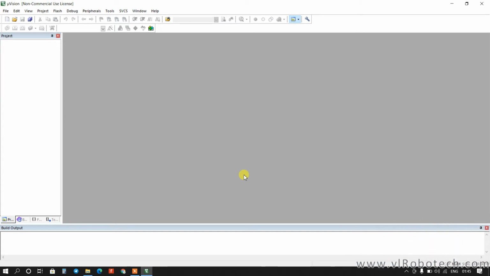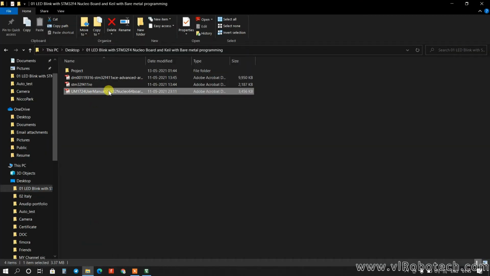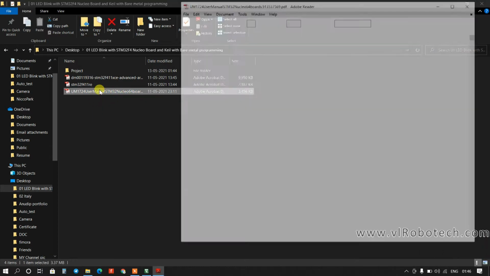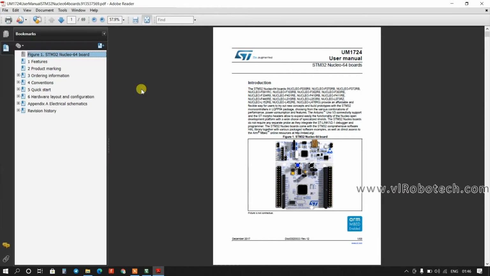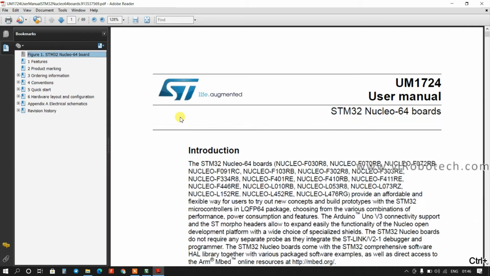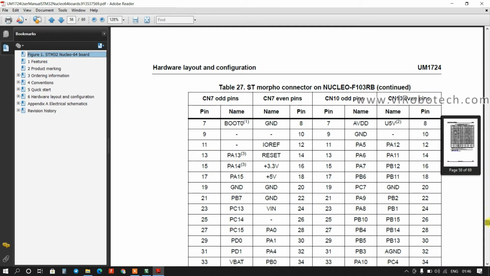So go to the user manual of the Nucleo board. This is the user manual of the Nucleo board, and go to the schematic diagram.